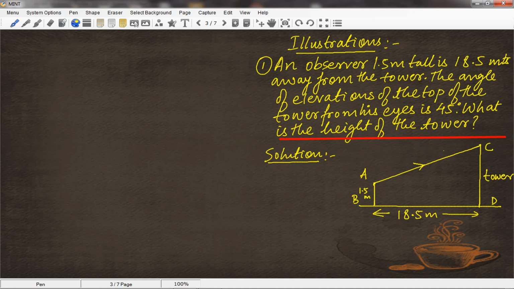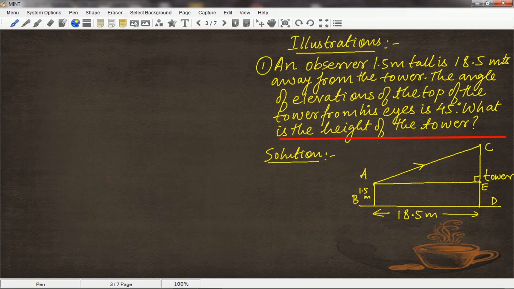And of course, for making the angle of elevation, as you know, the definition of angle of elevation says that it is the angle formed between the line of sight and the horizontal. So from A, we have to create a horizontal as well. This will be that horizontal. This point will be E. So that completes the diagram.